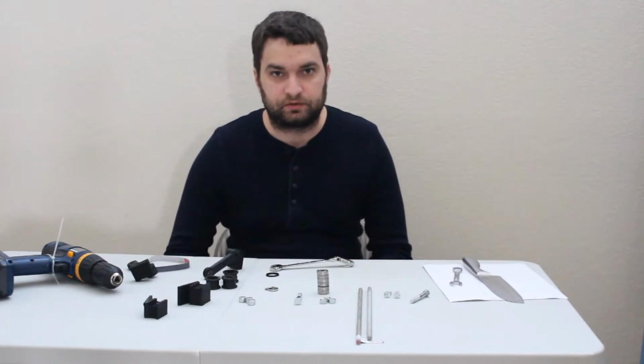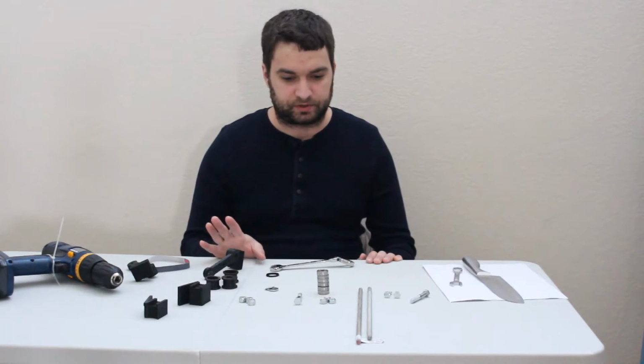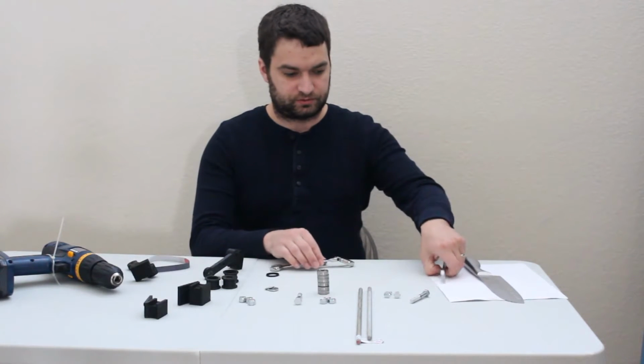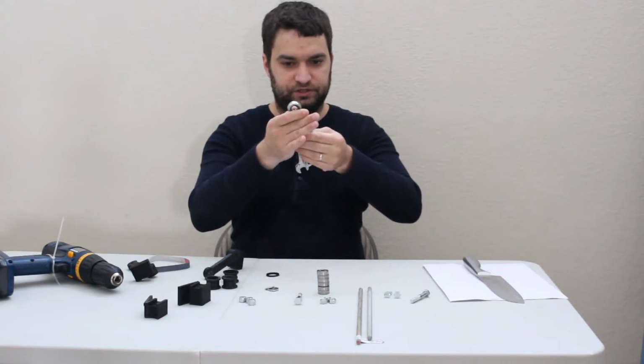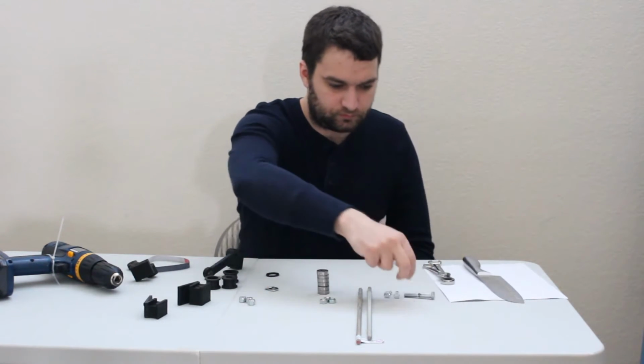Okay, so this is going to be pretty easy to build. There's not a whole lot of parts, and most of them are pretty cheap. Like I say, you'll only need 2 tools. That's 2 of the same size wrench, 1/2 inch. As far as parts go, we've got